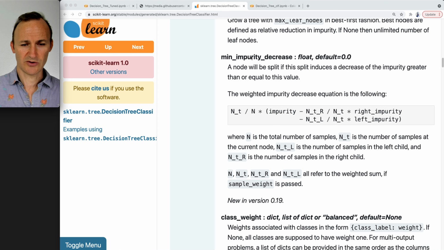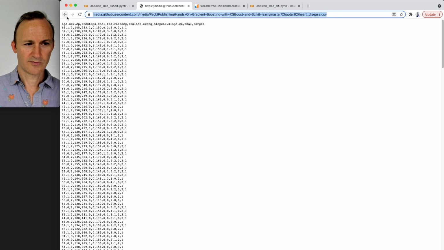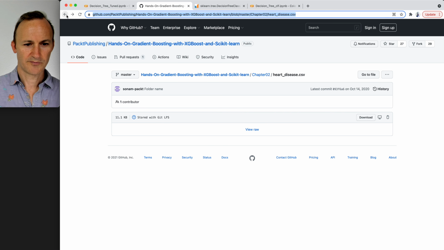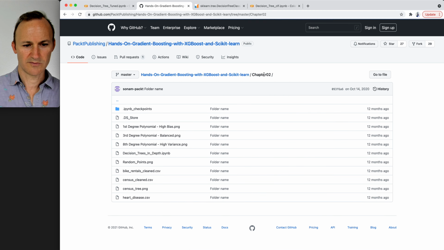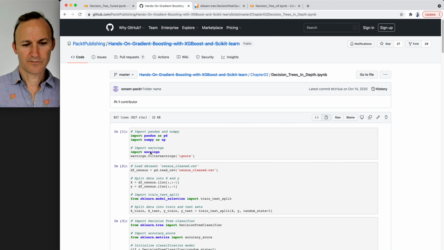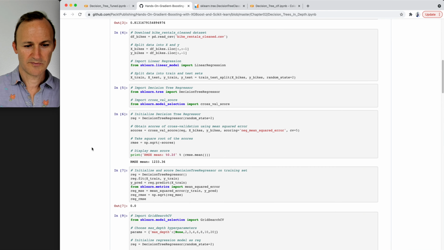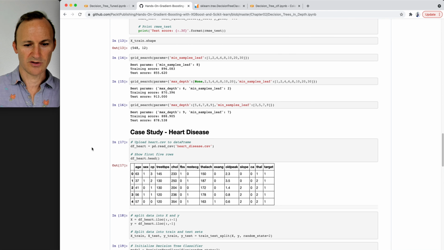Okay, so what I want to show you is a range. Here's a range I used in the book. If I go to the XGBoost GitHub page, and what you will find on these, we can stick in chapter 2, are the Ipython notebooks. These are just like Colab notebooks. They are Jupyter notebooks originally. When I click on that, you'll see that this is basically the code for the book for chapter 2. And I want to scroll down and show you